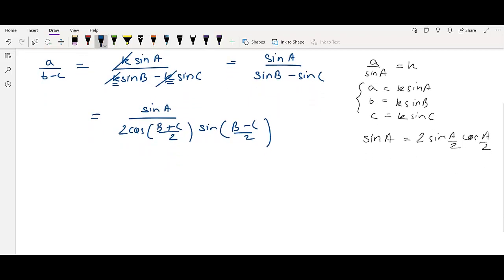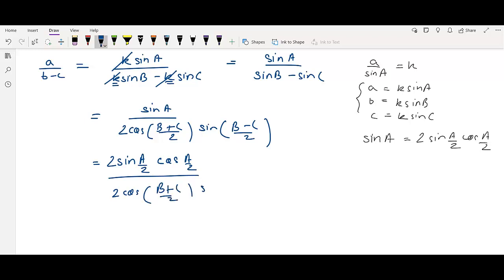So let me write that down. I get 2 sine a by 2 cos a by 2 upon 2 cos b plus c by 2 sine of b minus c by 2. Okay,